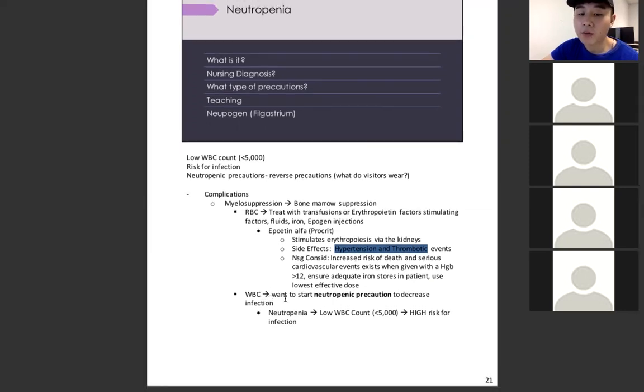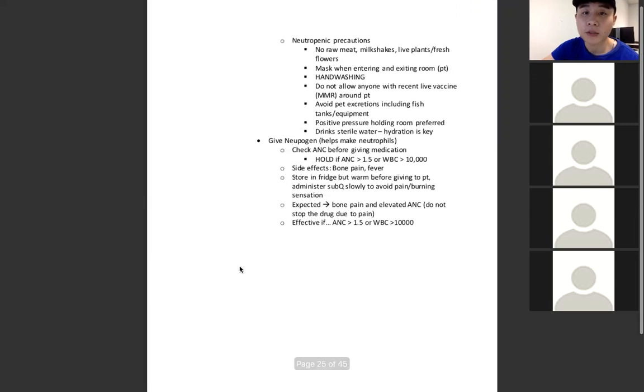White blood count, we want to start neutropenic precaution to decrease infection. Neutropenia, low white blood count, less than 5,000, high risk for infection. So again, neutropenic precaution: no raw meat, milk, sick, live plant, fresh flowers, mask when entering and exiting the room